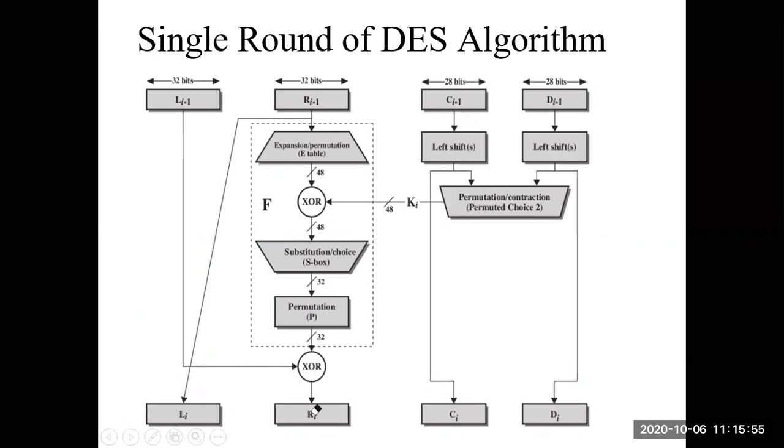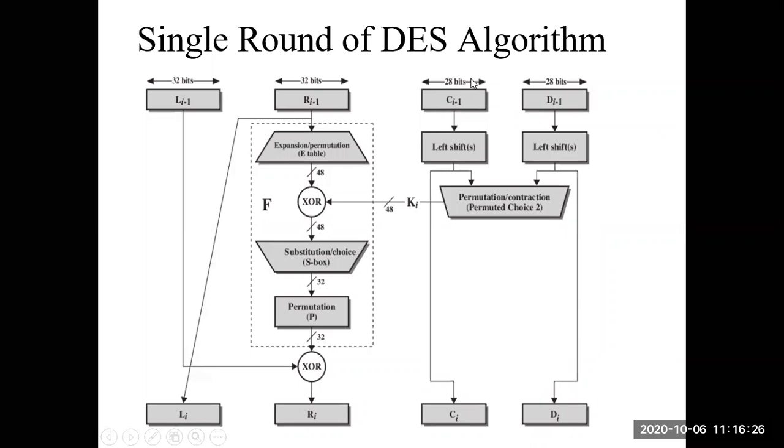You perform this XOR and whatever you get, that becomes your right half, and your previous right half will become the left half. That's what I told you. The swapping operation is inbuilt. So actually when we XORed with the left half, the result should have been the left half, but it has shifted to the right half, and the previous old right half has come to the left half position. Okay, so the swapping is performed after every round. Now let's see the key generation.